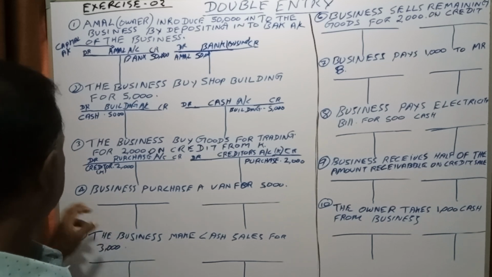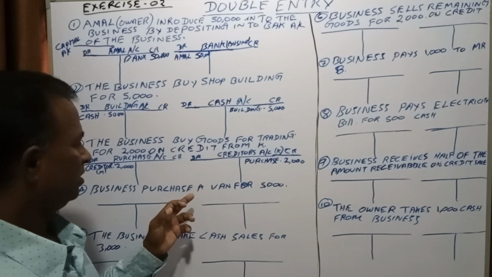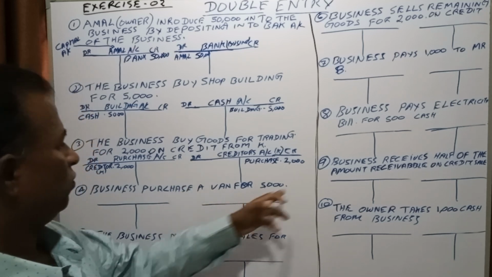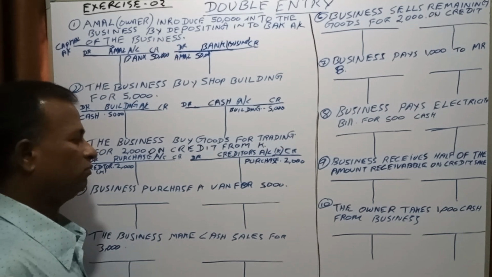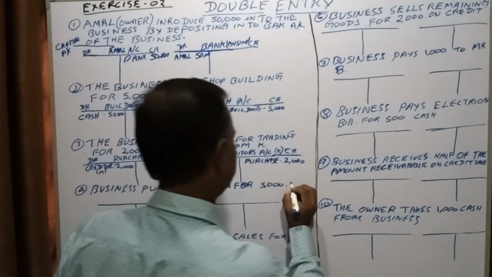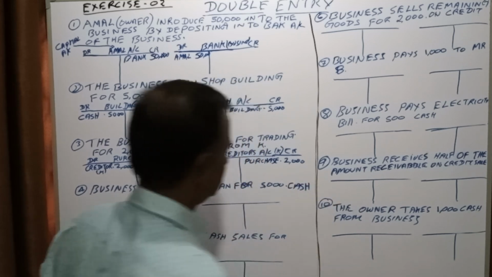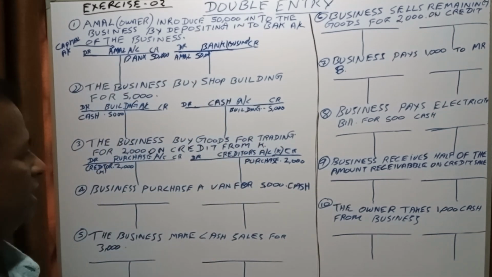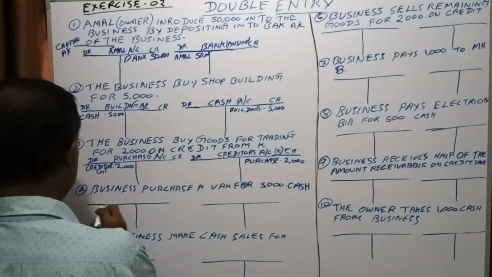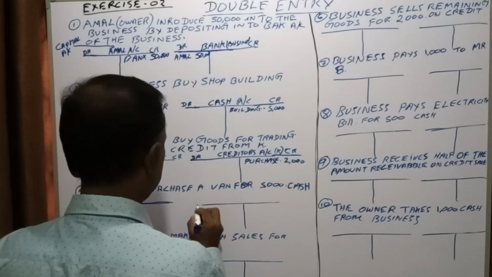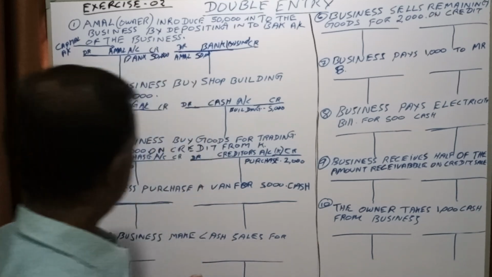Next one is adjustment number 4. The business purchases a van for rupees 5,000. We would say this is purchased for cash. So the accounts which are going to be affected here